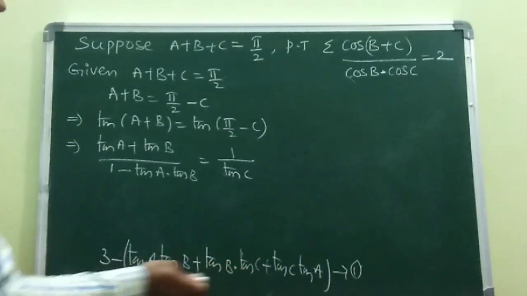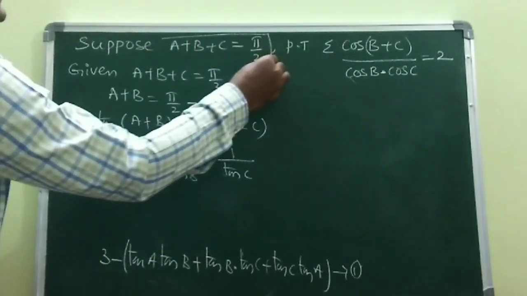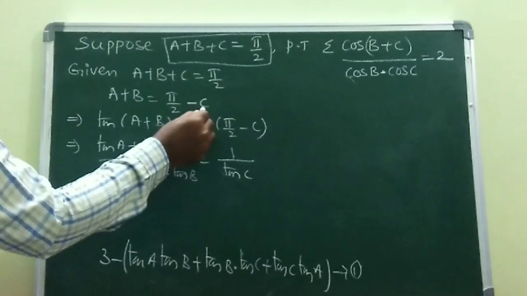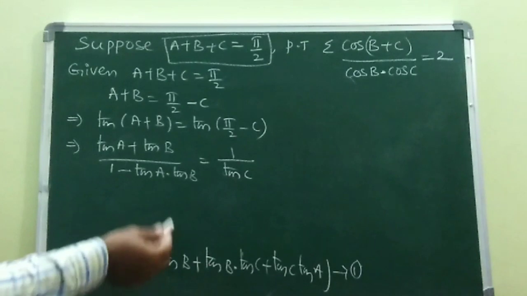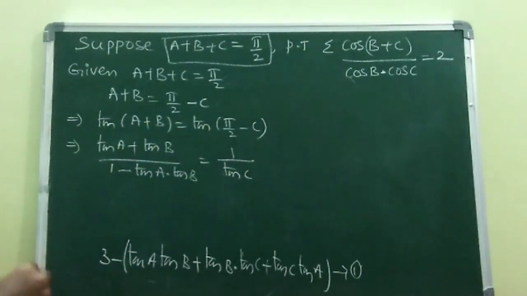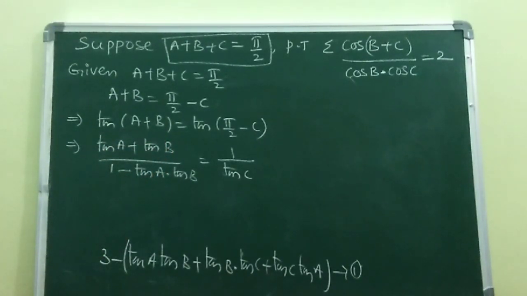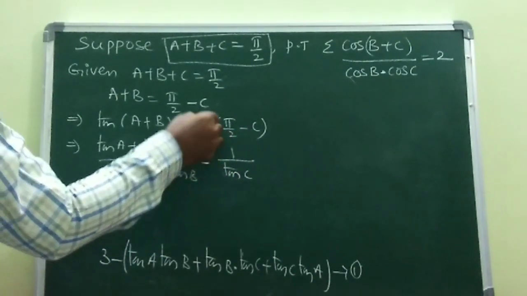And now we need to find out the value of this sigma tan A tan B. For that, there is a hint for us, that is given A plus B plus C is equal to 90. So step number 1, send C that side. And because of tan, we require some tan, no? So that's why apply tan ratio on both sides. Then this is nothing but tan of A plus B. What is the formula? Tan A plus tan B by 1 minus tan A into tan B, which is equal to, actually this is because of 90, tan changes into cot.